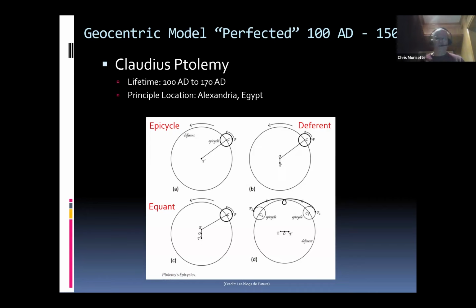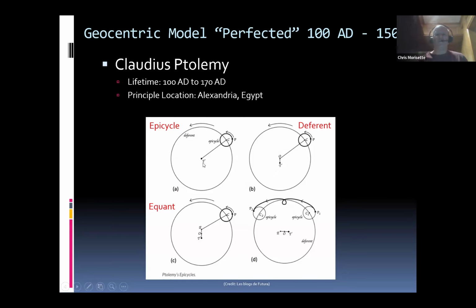And in order to get there, he had a big hurdle to climb, and that was to model and understand retrograde motion of the planets. And here's what he did in order to achieve that. He came up with these devices that are called an epicycle, which is a small circle that a planet here rotates around while the center of the epicycle is following this circular path that you see here, which you could think of as the main orbit, if you will.